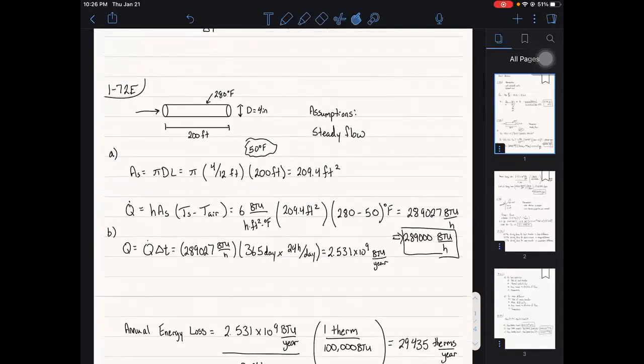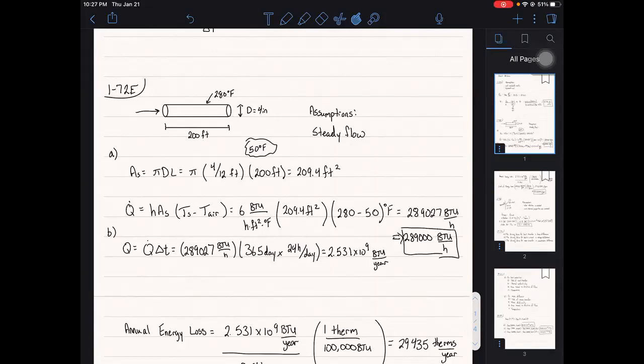And then for question 1-72E, it's, I think, CO2 flowing through a pipe, if that's right, something like that. No, it's steam. It's steam flowing through the pipe. Okay, so then the steam flows through this pipe. We can figure out the surface area from it, and then from that, we can figure out what the heat loss is from the equation Q dot equals h times A_s times